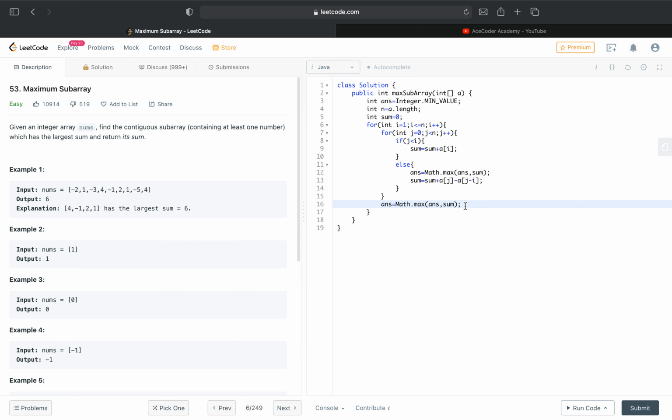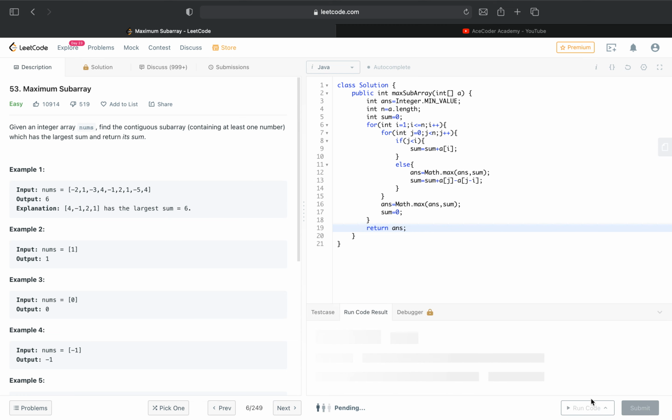That is the reason. And we have to initialize our sum to 0, which is for the next iteration, where if size was 1, then when the size becomes 2, the sum should start from 0 only. So now I think we should return our answer.